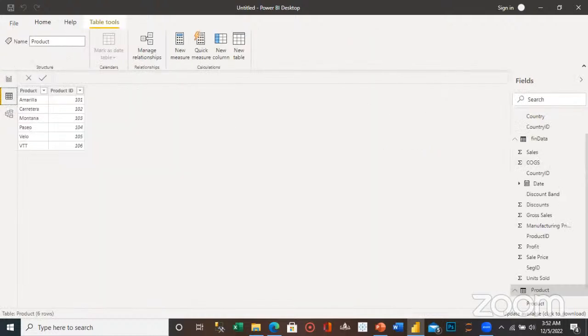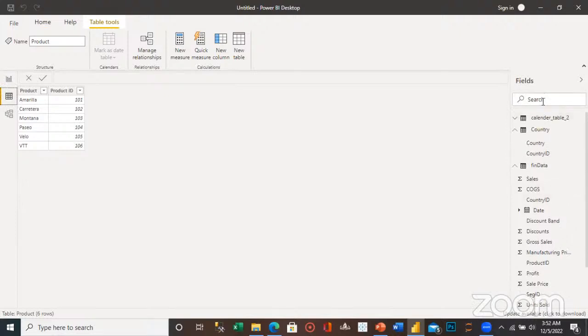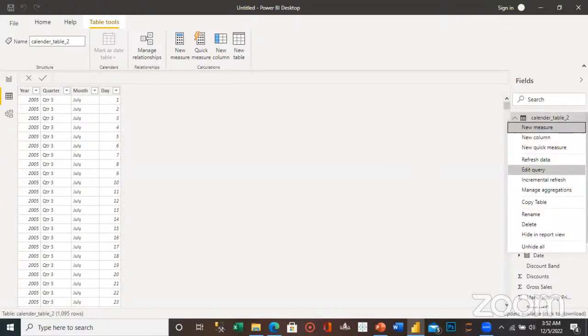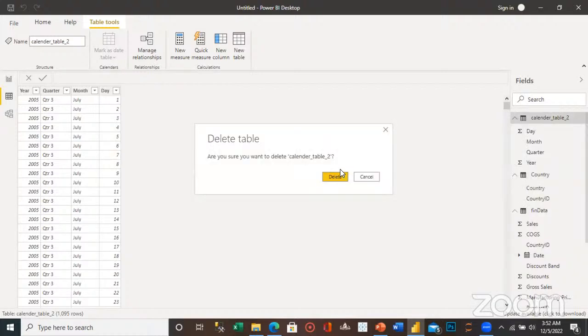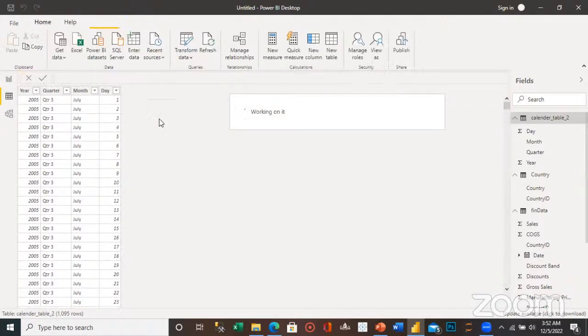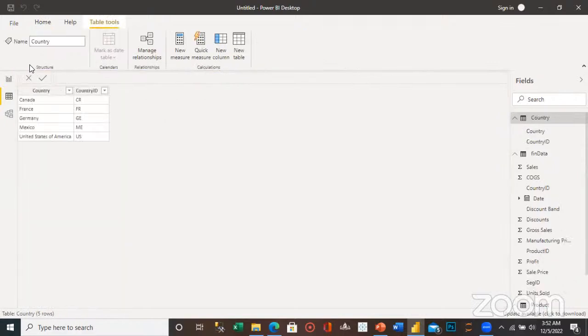I have to delete this calendar table, then go back and get the one that has date, so that they can have the same column for the relationship to be linked up together. So I'm just going to delete this and go back to